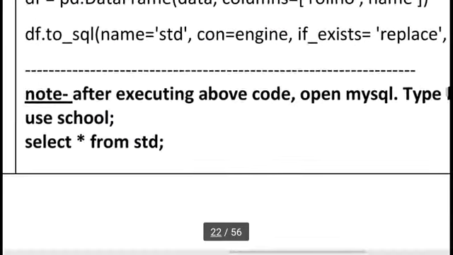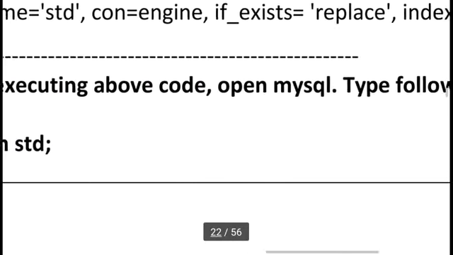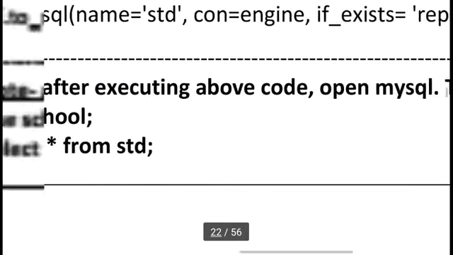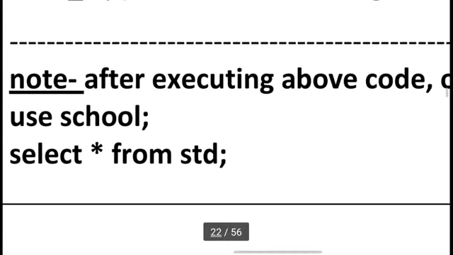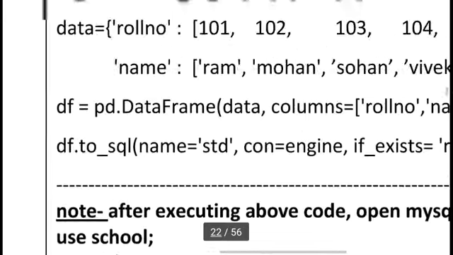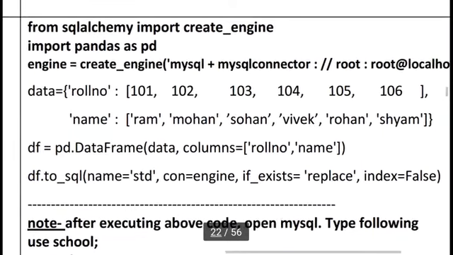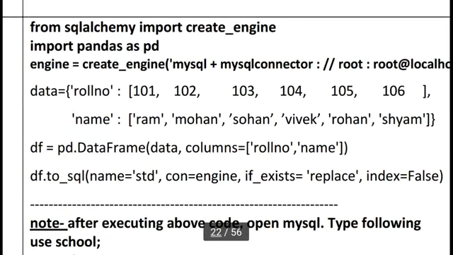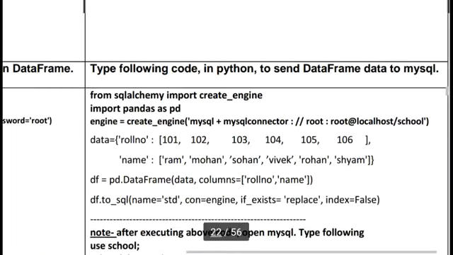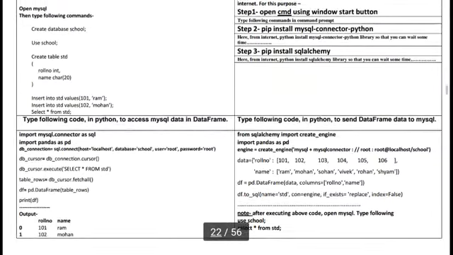So you can check after executing the code, open MySQL and type the following commands: use school and select star from std. You can see all these 6 records will transfer, the data frame transferred into the MySQL table. So this is the Python code,